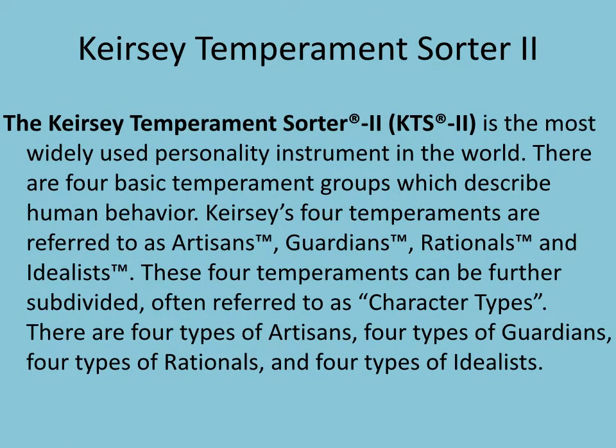And then you have the Keirsey Temperament Sorter. Now, the Keirsey Temperament Sorter is one of my favorites. It is the most widely used personality inventory. Psychologists created it, and it can be used in a standardized fashion by companies like Target, Allstate, and millions of other companies. The reason why they use it is because it's very simple. There are 4 temperaments: artisan, guardian, rational, and idealist. Every single person falls into one of those 4 categories after taking the test, and it makes it much easier, much more manageable to try to understand exactly what it's saying.